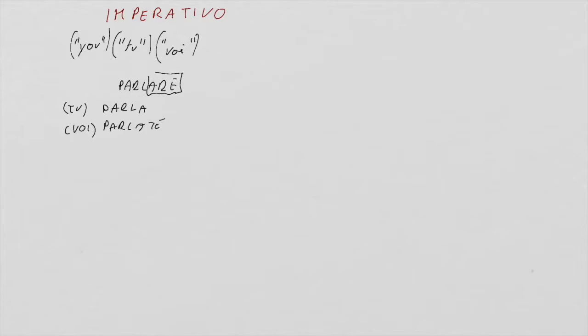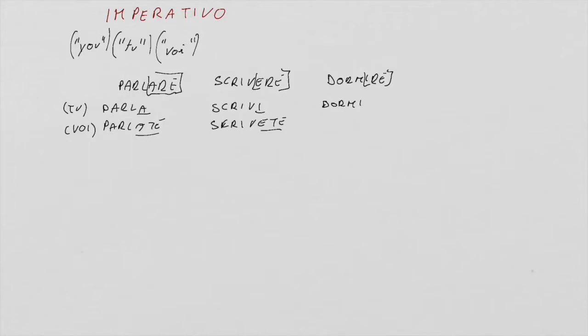Let's see now what happens with verbs in ere. Let's take scrivere. You drop ere and you add i for the tu form, so you obtain scrivi, and you add ete for the voi form, and you have scrivete. Now let's take a verb in ire, dormire. You drop ire and you add i for the tu form, so dormi, and you add ite for the